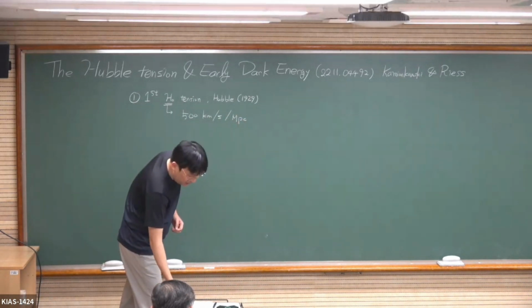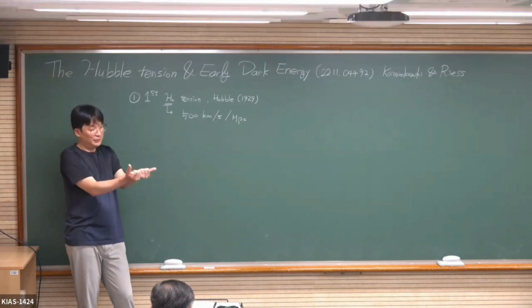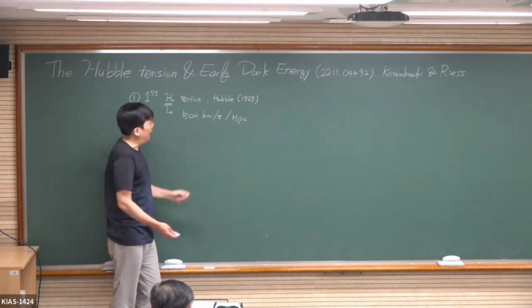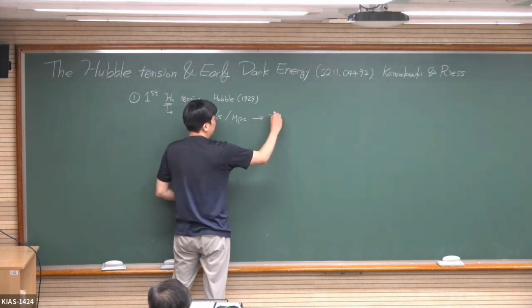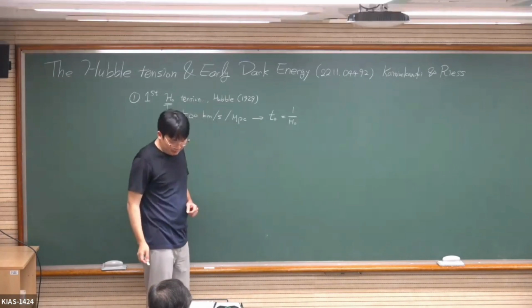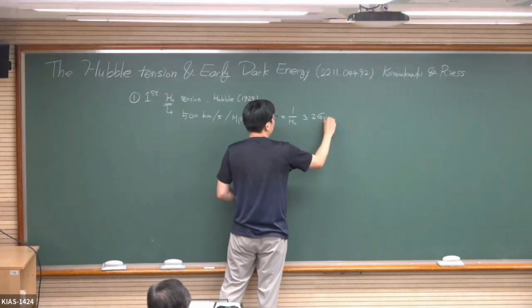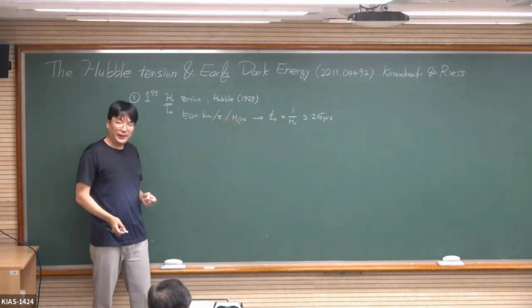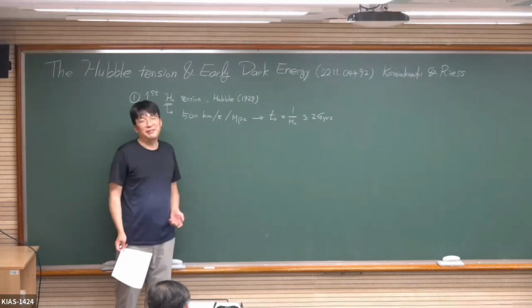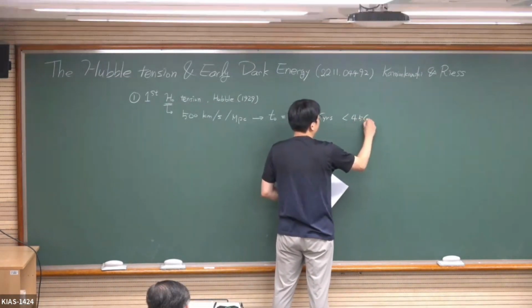If you think about all galaxies being at one point and then starting to move away from each other with this velocity per megaparsec, that gives us the time scale t0, which is 1 over H0. That is about 2 gigayears. That was 1929. Back in the old days, they already knew that the age of the Earth is about 4.5 gigayears. So that was the very first Hubble tension.